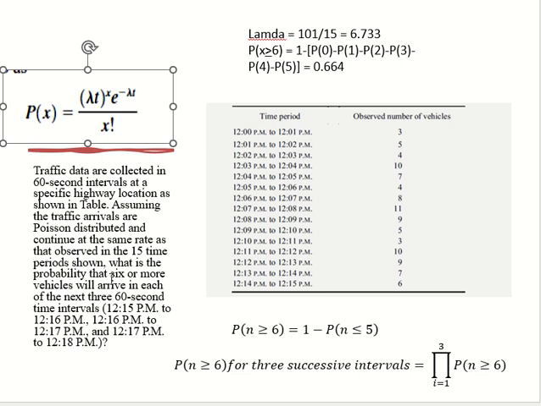They are saying what is the probability that in a 360 seconds interval you will have 6 or more cars. So they are not asking for one interval. They are asking for 3 intervals, one after the other. If you tell me this is the probability of having 6 or more cars, this is in one interval. That interval could be anywhere. But what is the probability that even the next one will have 6 or more cars?